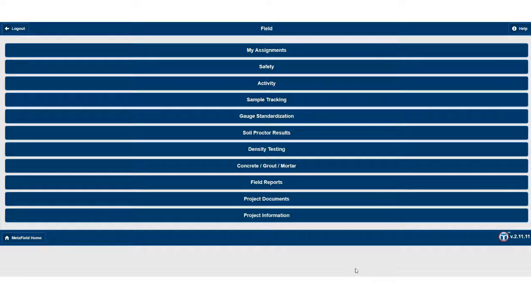This video is about how to standardize your gauge in Metafield. You can standardize your gauge and record the numbers in those orange notebooks, but unless you enter it into Metafield, it's not going to let you choose your gauge to run tests that day. So we're going to go to Gauge Standardization,